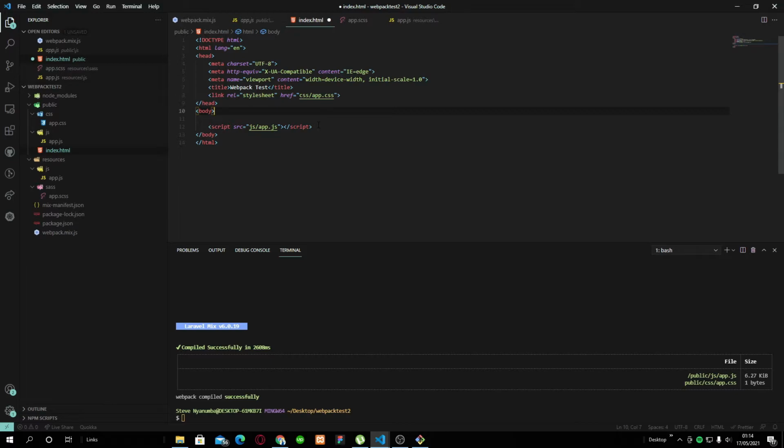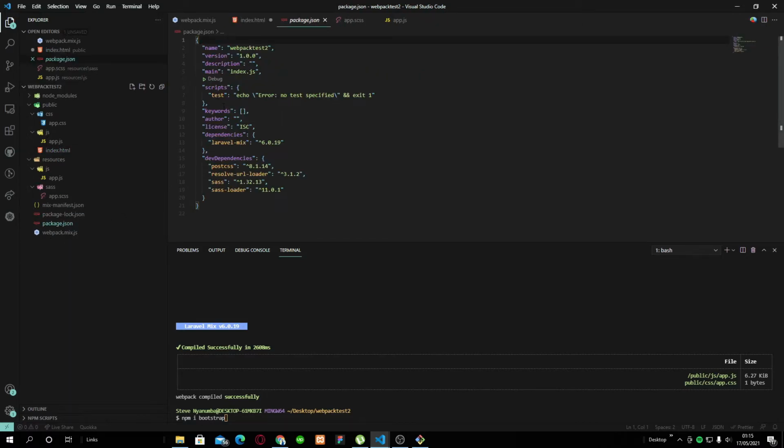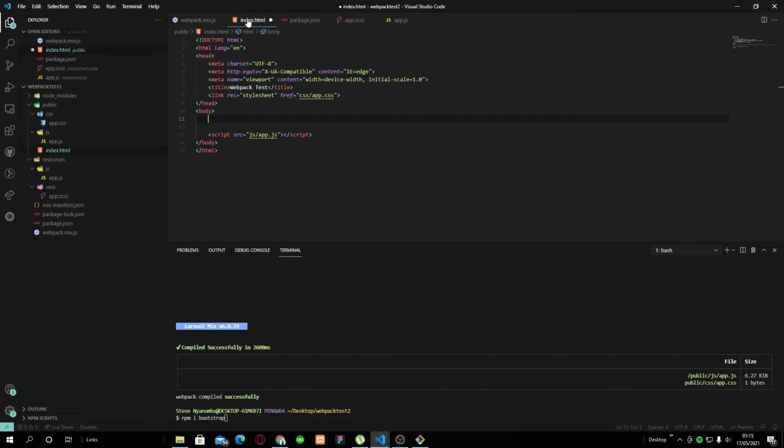Okay, so once those are imported, because I know the first thing I'll do is npm install Bootstrap to show you how all this works. The thing that I wanted to show you is, now that we did npx mix, instead of doing that npx mix command all the time, we can just go to package.json and come in here and create our own script for that. So we want to create a dev script, right? The first dev script is going to be, you guessed it, mix. So I'm just going to come in here, create that, save it like that,